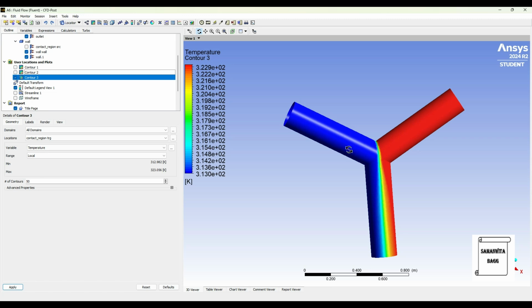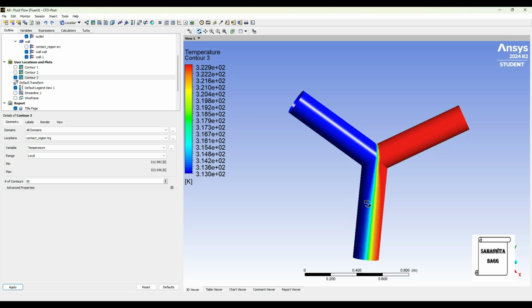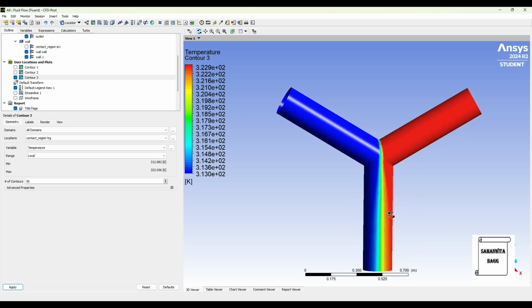Now you can see this end, the temperature was lesser as compared to the right hand side one. This one was 50 degrees Celsius. This was 40 degrees Celsius. So here you can see the maximum value is 323, which is the value given by us, 50 degrees Celsius. And the blue one is 312.98, that is 313 Kelvin, which we had given. And in this zone, you can see a beautiful range of colors. Now that happens because here you have the intermixing of the hot and the less hot fluid. And that's why you can see this variation.